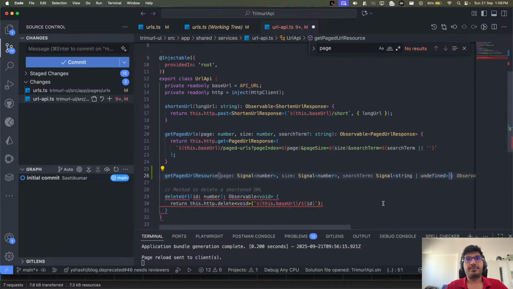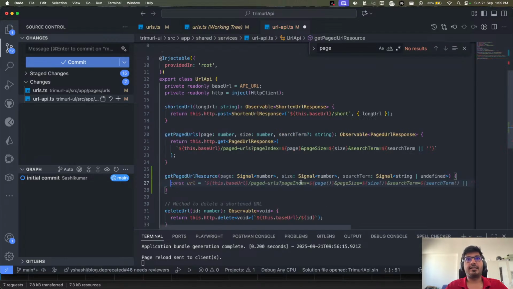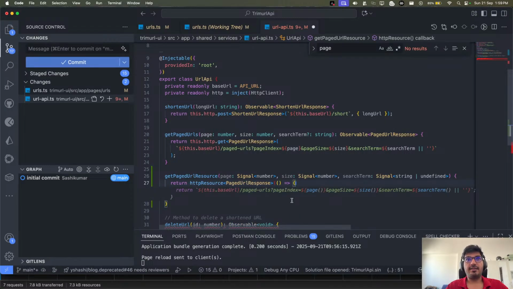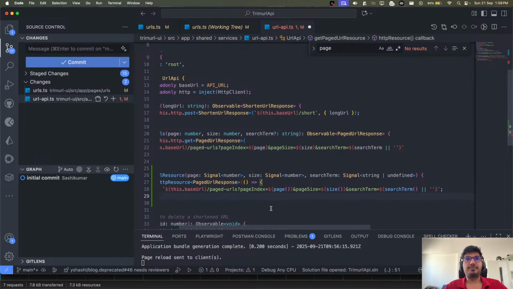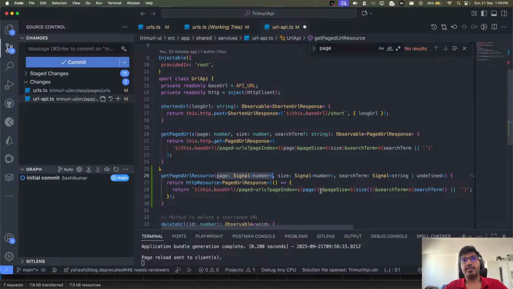So let's get back, and we can add it like this. Now we can just say return HTTP resource of page URL, and here we need to pass this. If you see, the input here is very important. As input I'm taking signals, and those signals I'm just passing as values during the API call.